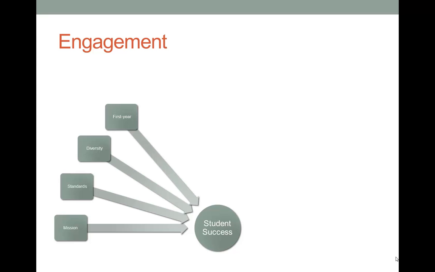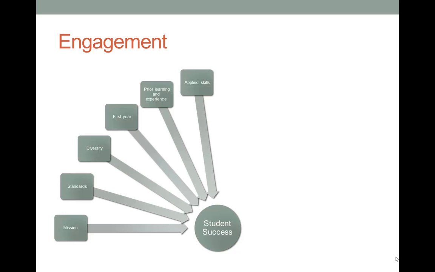The other piece is that there is an emphasis on the first year of college. We know that the first year of college is crucial for student success. If they don't feel connected via the academic or the social systems, they're not going to continue on. The next piece is that there's an integration of prior learning and experience. So we're taking the inputs and we're bringing them into the environment to create a positive outcome. Again, going back to the IEO model. There's an ongoing application of learned skills. So once a student learns something, it's not forgotten. It is carried through.